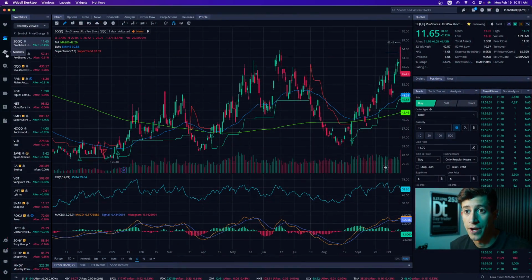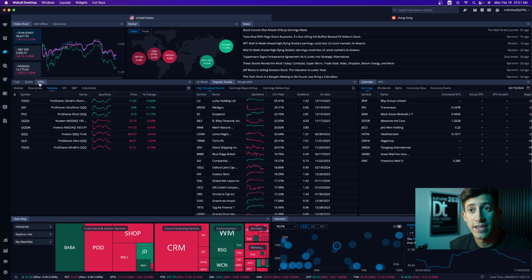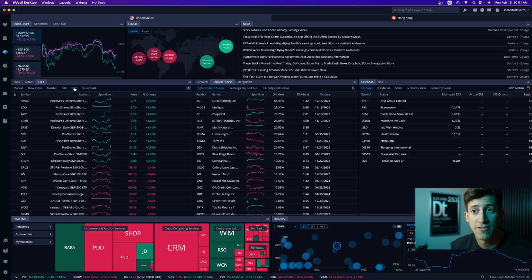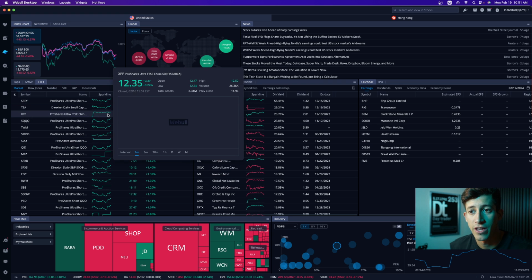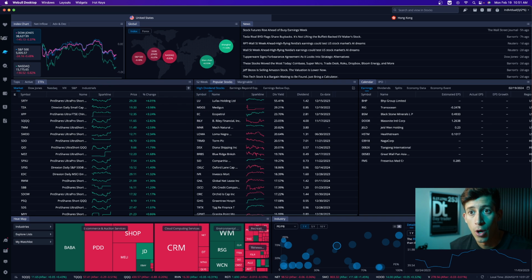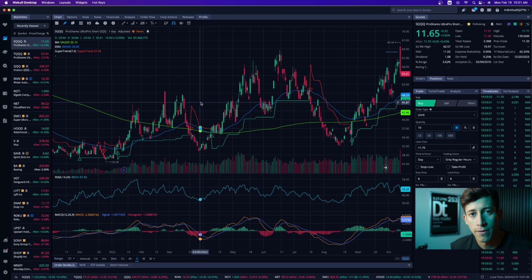Overall, why not just keep it simple? And this is just an example, right? I actually want to show you on this trading platform that I use. It's called Webull. They have an ETF section under the Markets tab, and you can actually look at NASDAQ ETFs, at Dow Jones ETFs. You can look at VIX ETFs, S&P 500, or you can look at overall ETFs. And this is all available, especially if you want to explore what niche within the market you want to focus